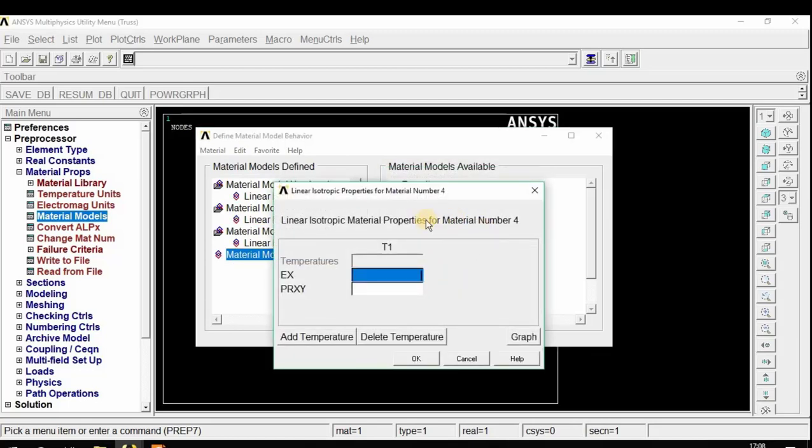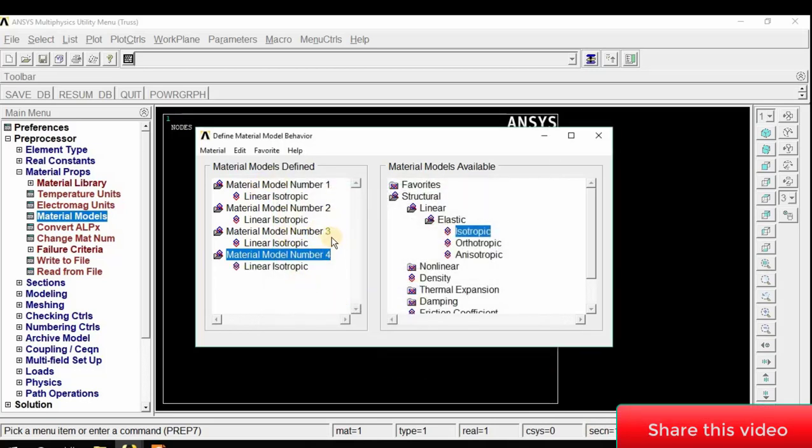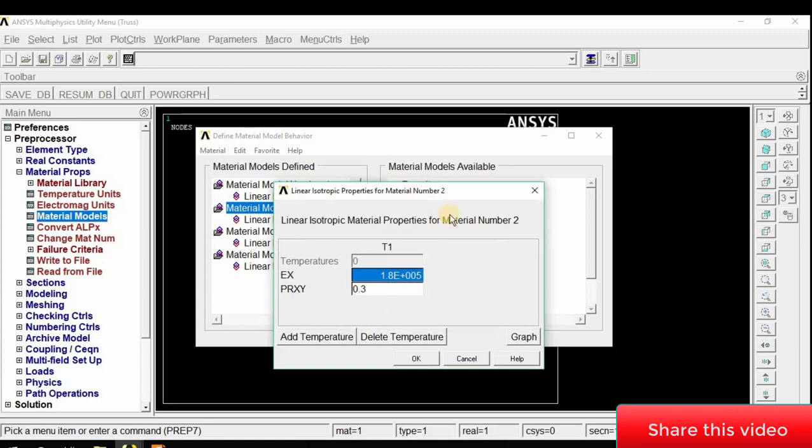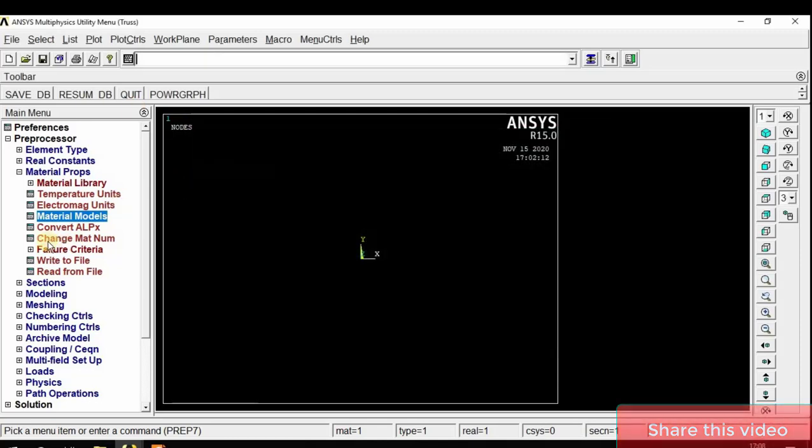In isotropic there is 200 gigapascal and 0.3 is the Poisson's ratio. If you mistakenly change a value or mix it up, you can edit it also. For example, click on this, you can edit it also.